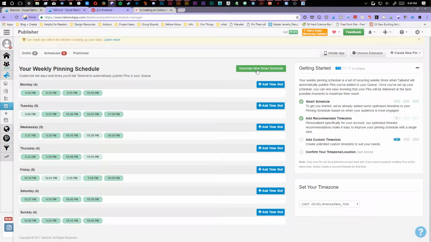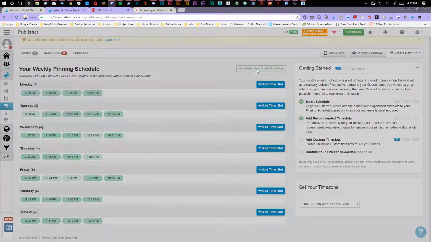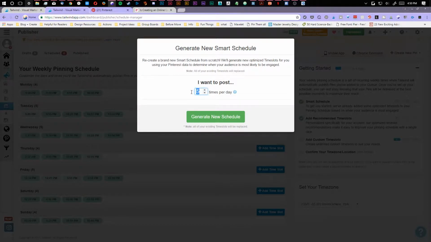Typically for Tailwind, if you're on the monthly plan, you can do about 13 posts, so I would put 13 in this box per day. You get 400 pins each month that you can do. If you're on the yearly plan, you have an unlimited number of posts that you can do. And I suggest deciding depending on if you're only using Tailwind for your scheduler and how many posts you want to post per day,